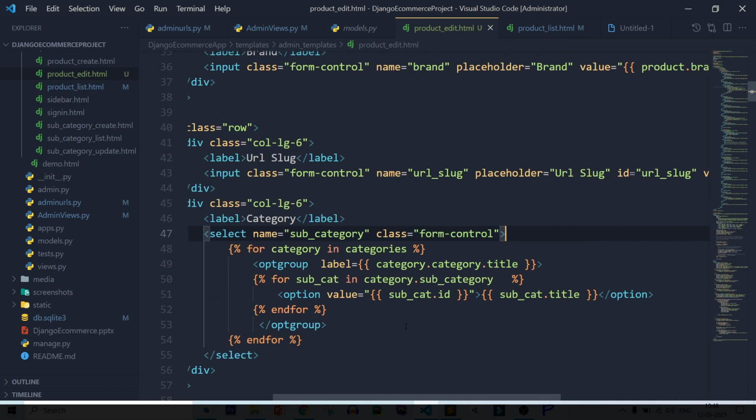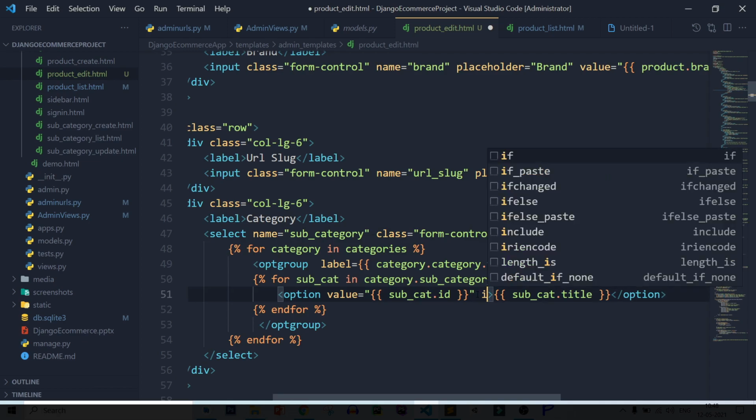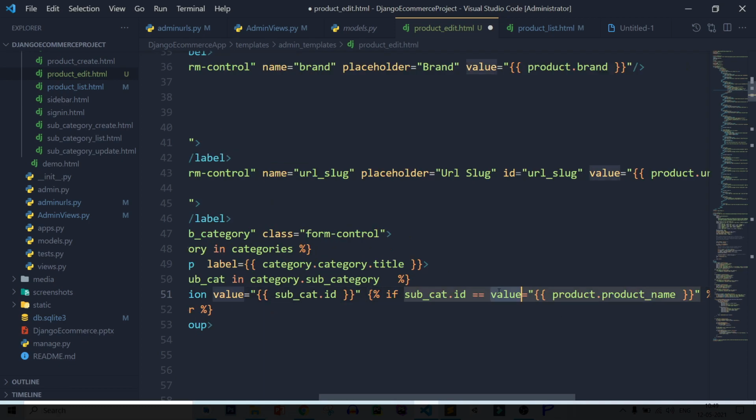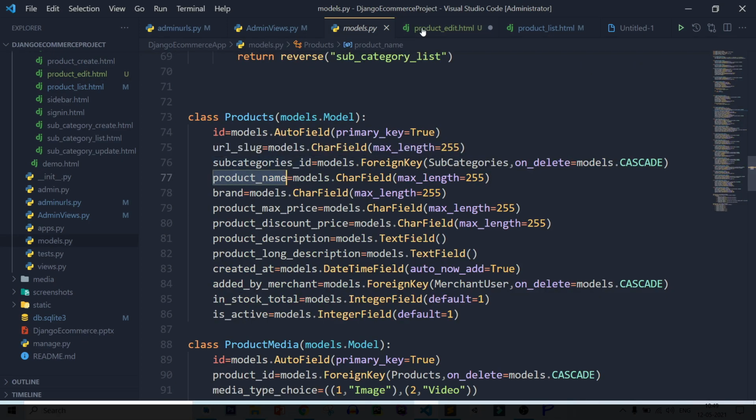After that we need to set the selected data. After that we need to set the selected category or subcategory. So here if sub underscore cat dot id equal to product dot, let's see, subcategories id.